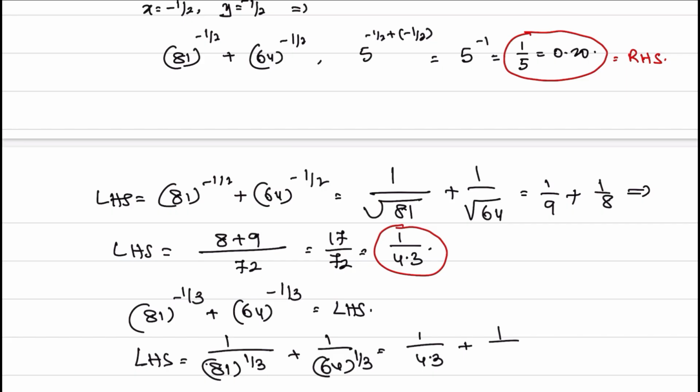When we solve tedious examples only, we will be able to solve the questions very easily. This will be 4. Then you just see 4.3 into 4 is approximately